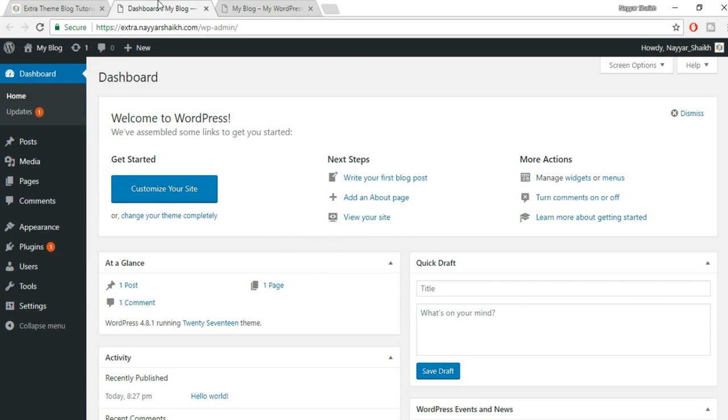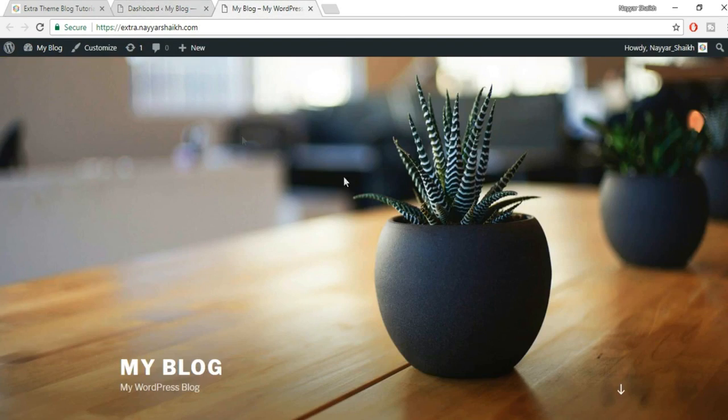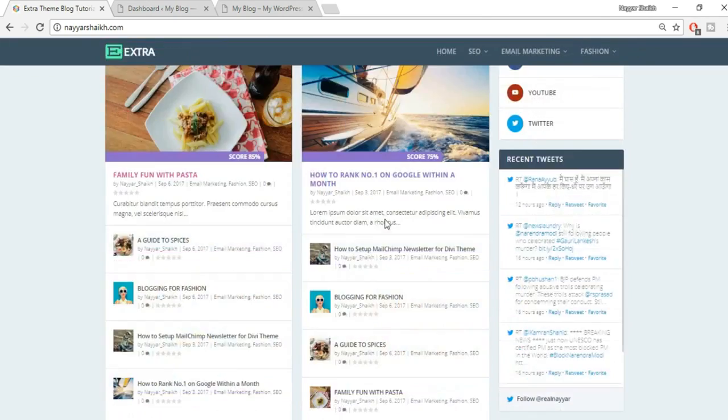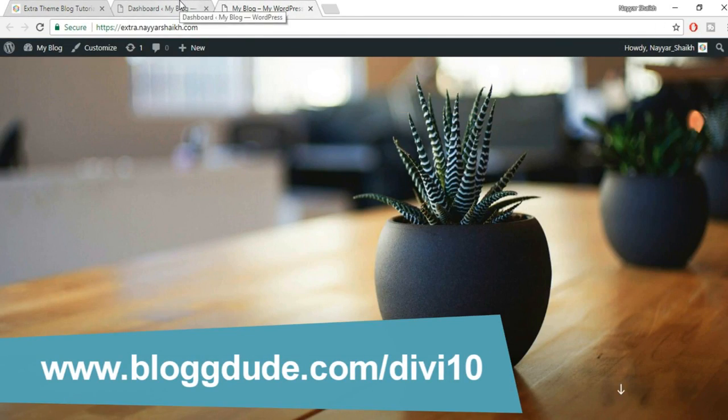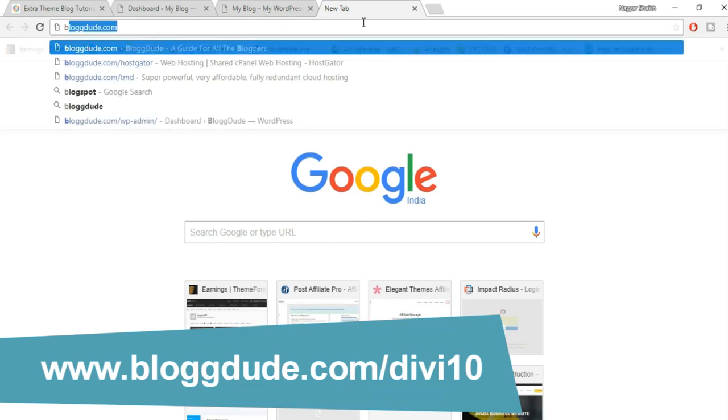Now it's time to install the theme. The theme will change the look of this website and make it a beautiful website like this. So for that we use a theme. What you have to do is open a new tab and type in